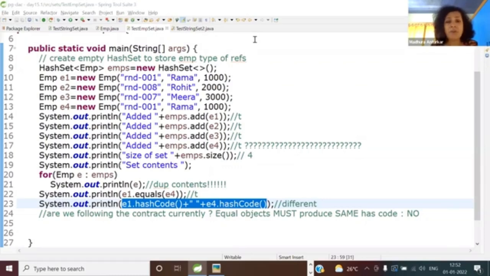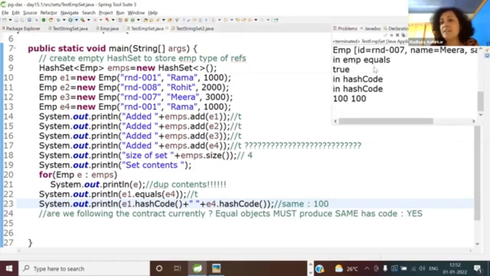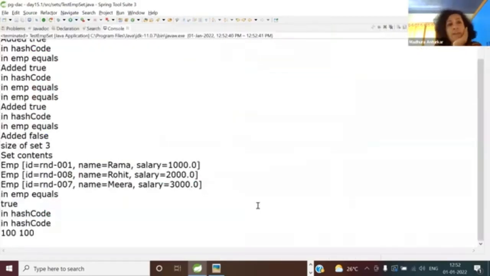And what value are you expecting, an address value or 100? The answer is 100, the overriding form of the method. So this is going to be the same, and here it is going to be 100. So are we following the contract currently? Currently means now: equal objects must produce the same hash code. The answer is yes. And now you run this code and tell me,